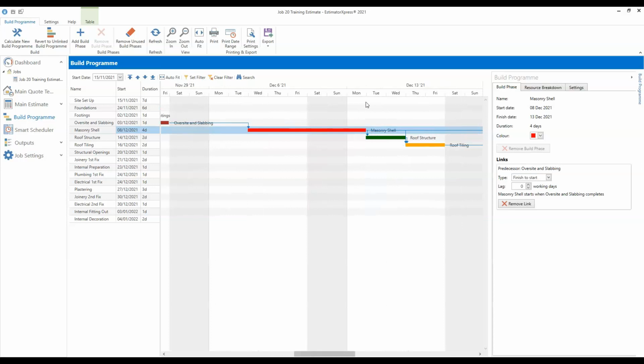So if I hover my cursor over the end of the masonry shell phase, we get a different cursor appearing. When it's over the end, you'll see it's that arrow pointing left and right. If you click and hold down your left mouse button now and drag your cursor to the right or the left, you'll see you can shorten or extend that build phase. So in that way, we're changing the end date and we've changed the duration of the build phase. You can do that at the start of the build phase,